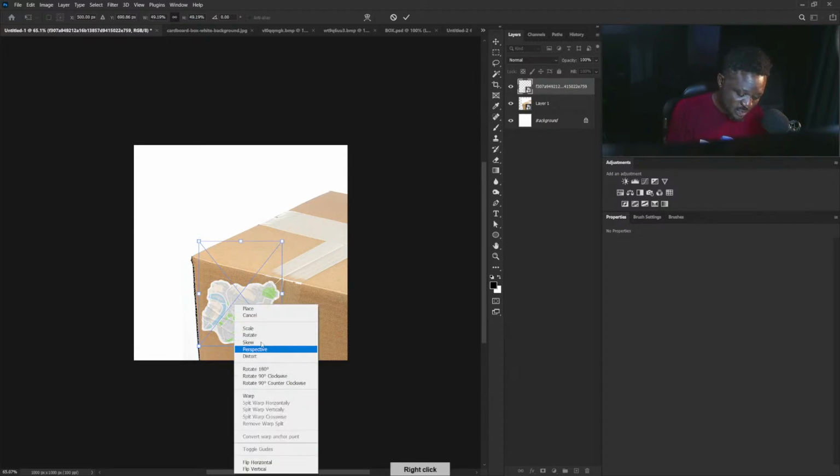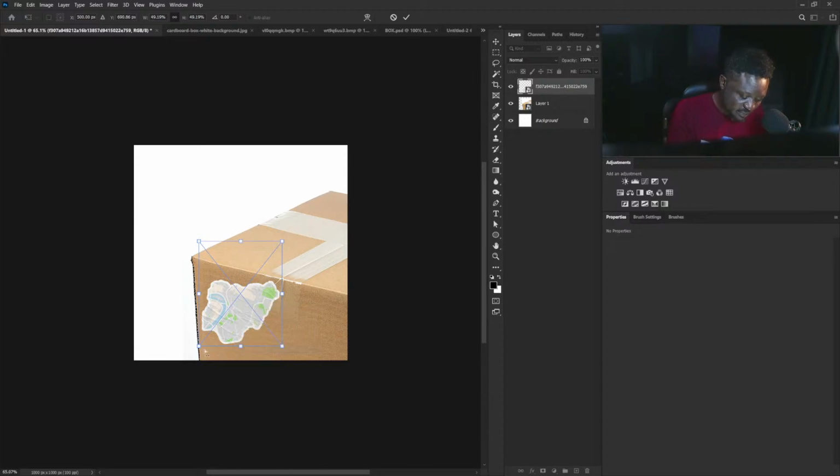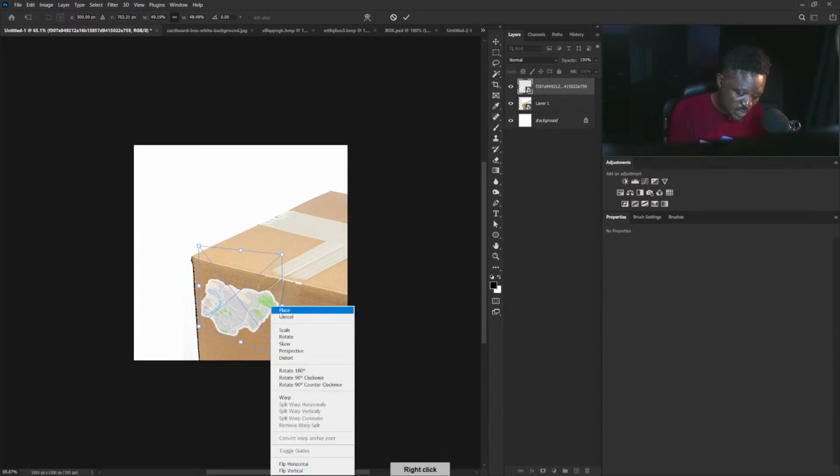So I'm going to right click and select perspective here, and I'll move this up like that, and move this down and push this down. Right click again and select scale, and this can go up, this can come down. I'll right click and say scale,